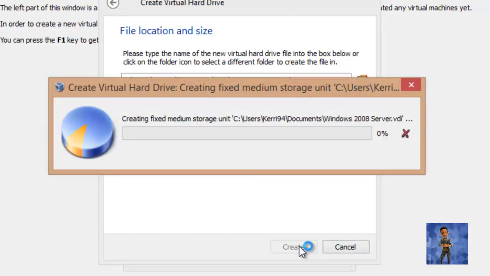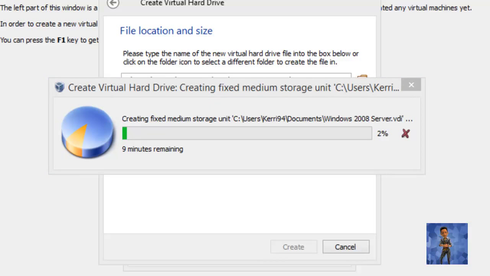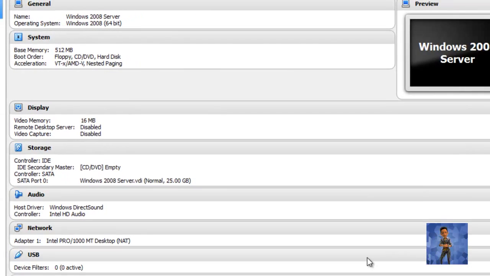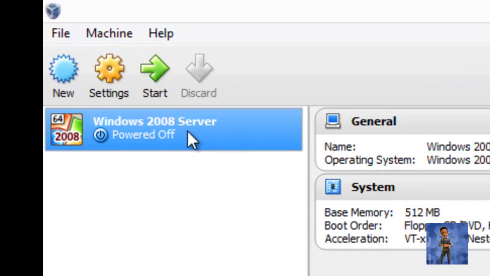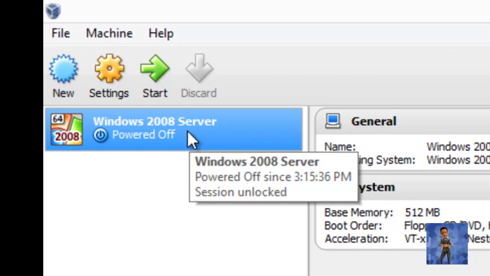Once you click on create, as you can see here, it is creating the virtual hard drive. Since it will take a while, I'm gonna pause the video and I'll come back when it's done. Welcome back everybody. Since the setup is now done, as you can see here, I've created my first virtual machine,